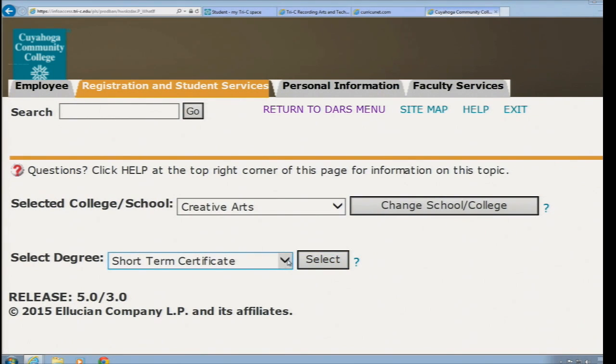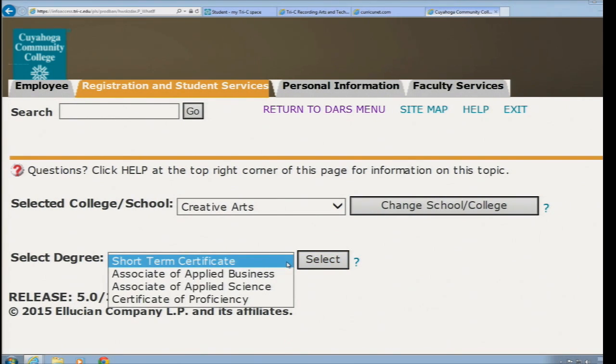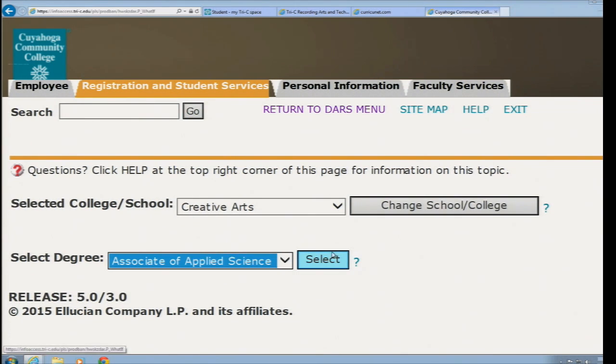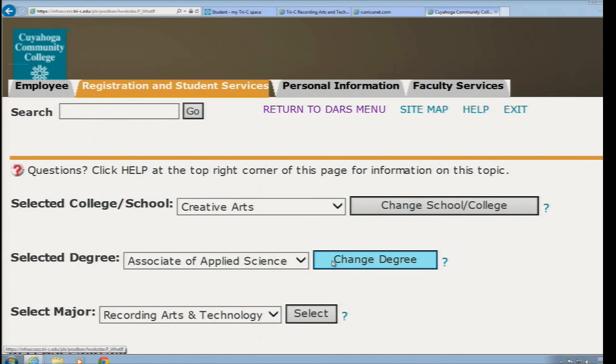Now I'm going to go here, and again, we already looked at it. I'm going to do Associate of Applied Science, and then again, select. And there is my major, Recording Arts and Technology. Now that is not always the case that it will be the first one there, but in my situation it is. Sometimes you may have to click on the down arrow and select. Then you click on the word select, and now